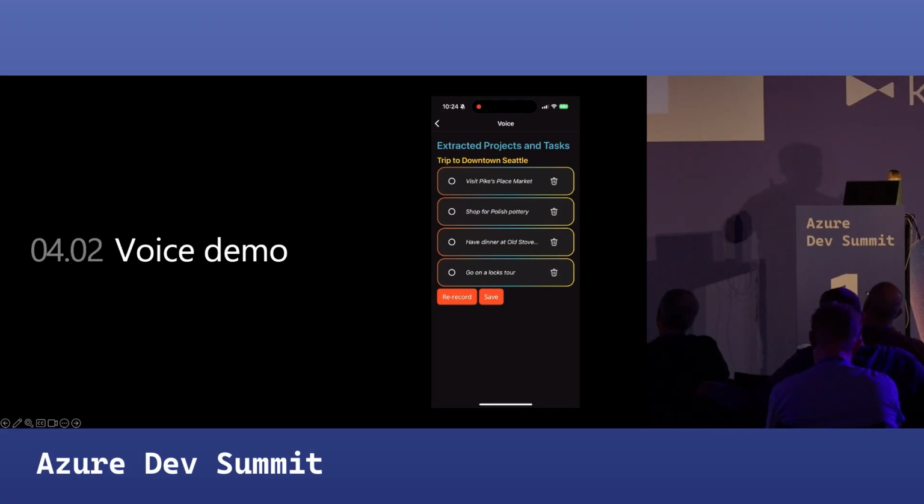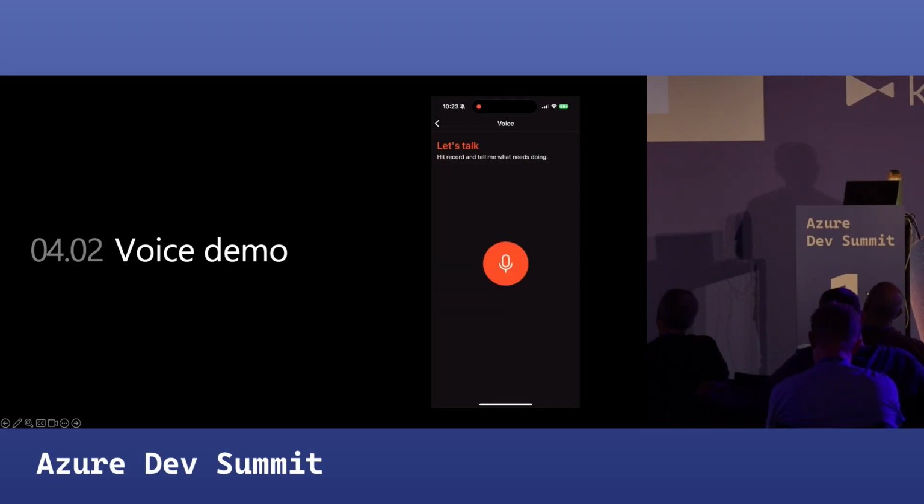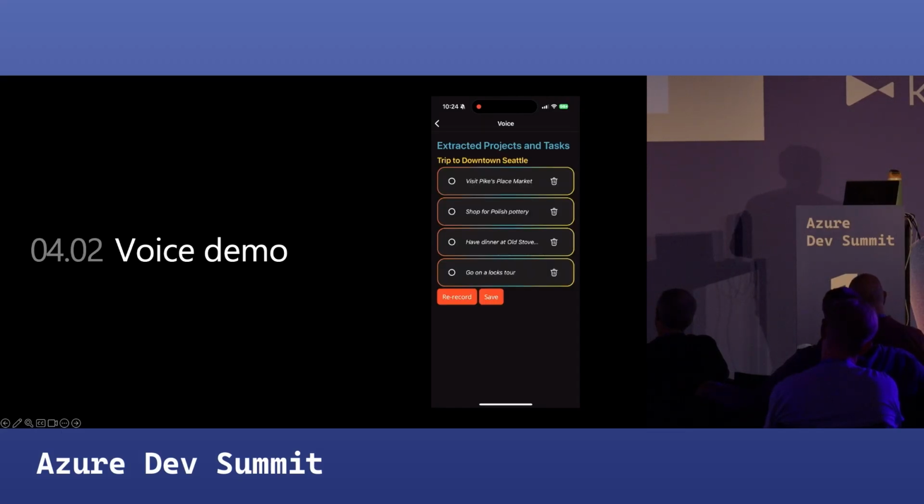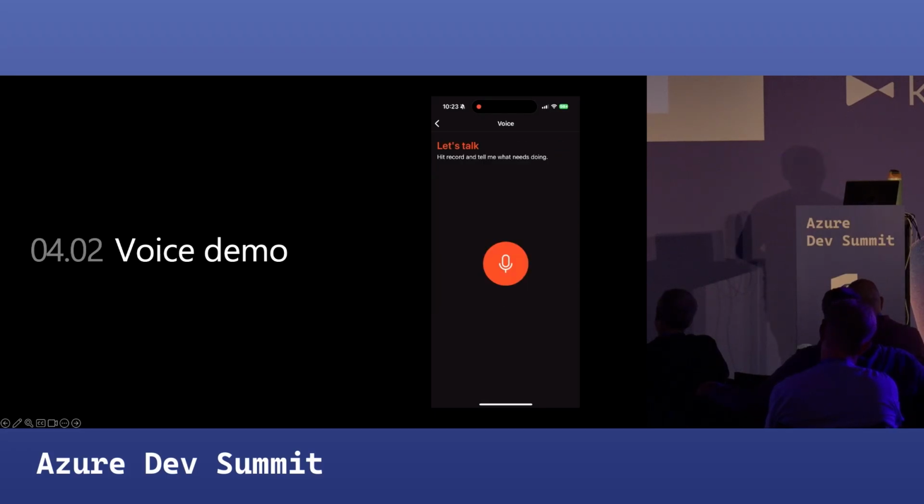And from that unstructured rambling that I provided to the application, it was able to provide me with a project and tasks to do. So going from unstructured information, like a rambling voice message, to a structured set of information which my database expects, right? Yeah, I could store unstructured stuff there, but I need to be able to do things with it, so I want the structure, right? We're building an application. So it's very good at doing those sorts of tasks.